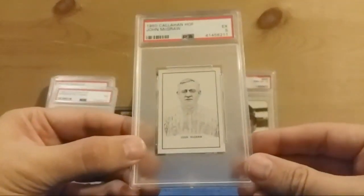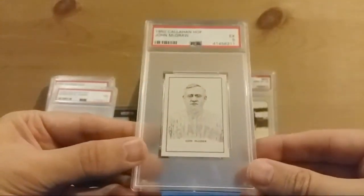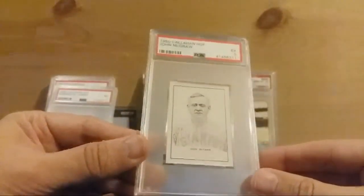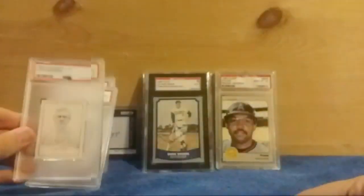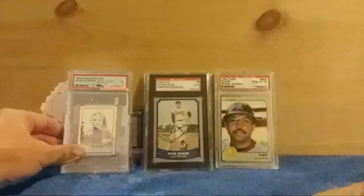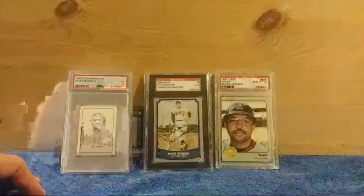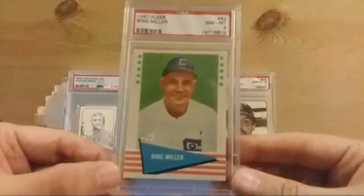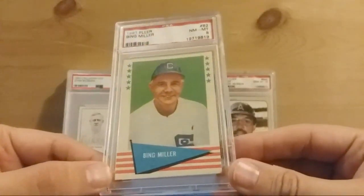A John McGraw. This one was only a PSA 5, but I didn't have a graded one. And the one I have might get a 6, but I'd rather just spend a couple of bucks and add it to the registry than take all the trouble to get one graded myself. So that one, and then I picked up one for the 1961 Fleer set. This one here is Bing Miller,